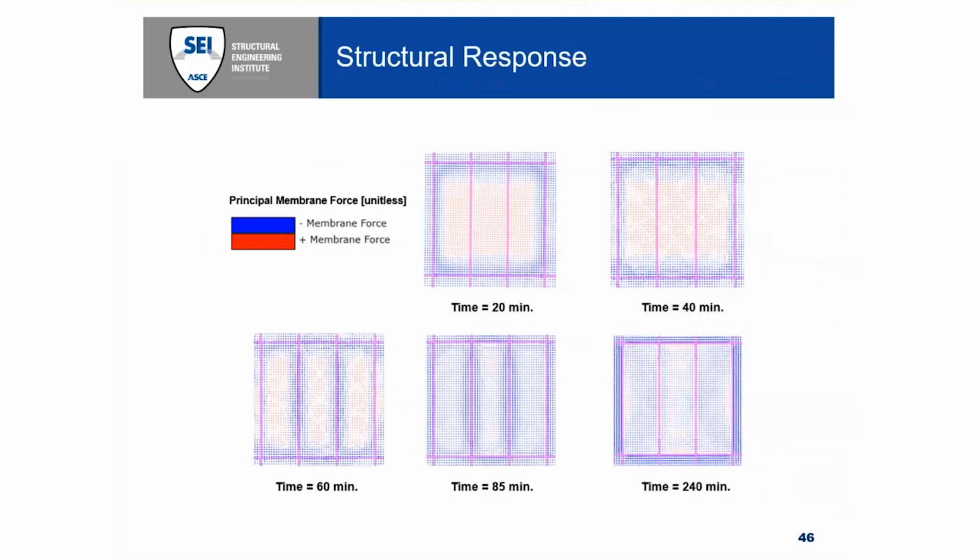We also did finite element modeling to make sure that the system is behaving the way that we anticipate. And this is a snapshot of the floor system, a single bay, after different points in the fire exposure. And as you can see, as the fire heats the structure, we're getting that tensile zone in the middle and that compression ring as we would expect. And then as the system is cooled, you can see that it's going back to its original one-way action as designed for ambient.